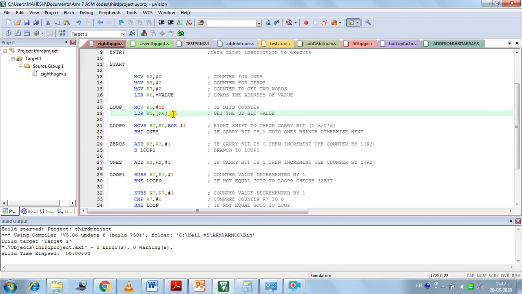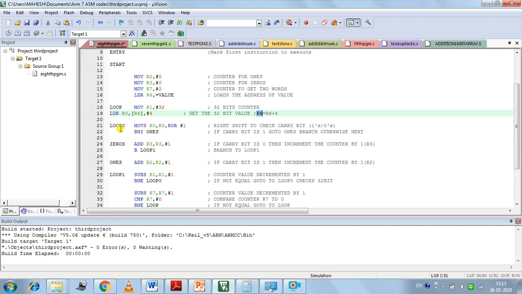After that this is the post indexing. After execution of the load instruction, R6 will be R6 plus 4, and this is the new R6 value you will be getting here.